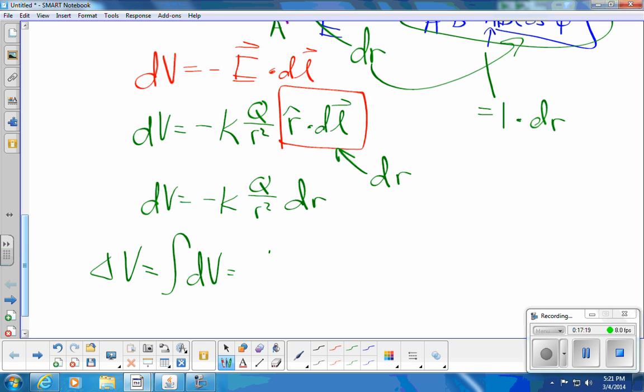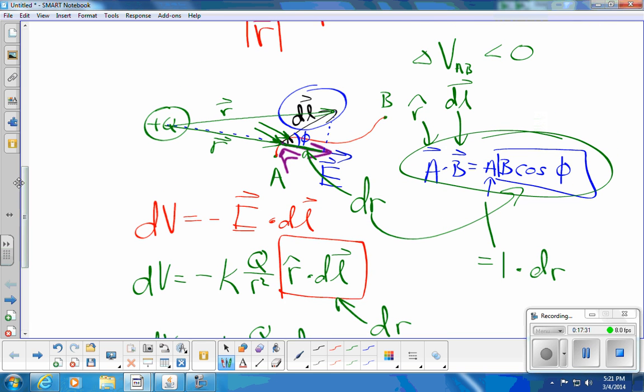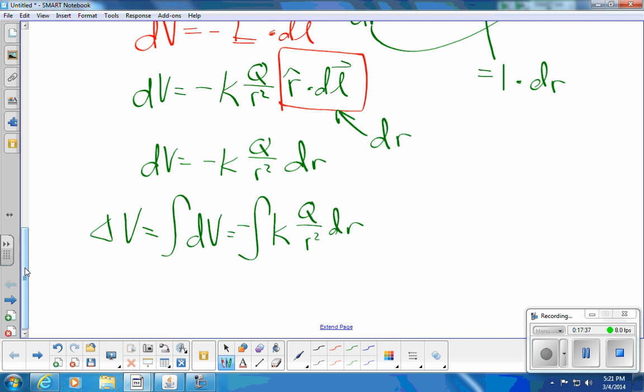And so I'm going to integrate, bringing the negative outside, kq over r squared dr. And I'm going to integrate from the beginning to the end of my path, from point A to point B. So I'm integrating from A to B